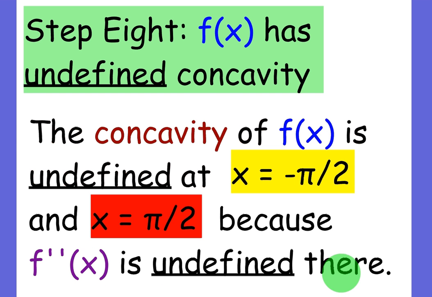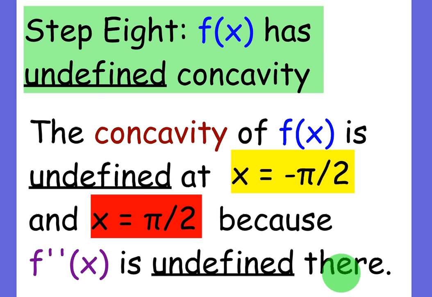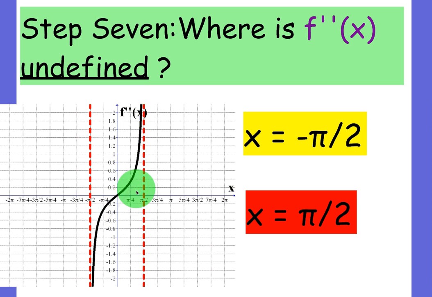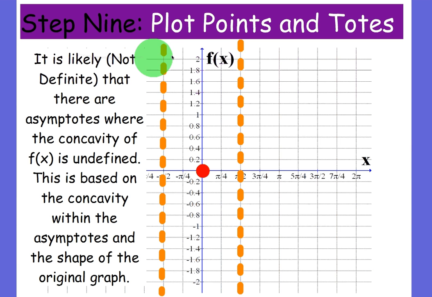Now I can tell you that for trig functions, a lot of times, if you have asymptotes for, say, the derivative or second derivative, the original probably has asymptotes too. That just comes from experience. And the reverse is true. If the original has asymptotes, the derivative is probably going to have asymptotes there as well. Okay, step 9, plot points and asymptotes. It is likely, not definite, that there are asymptotes where the concavity of f of x is undefined, so I just talked about that. So the only other thing we can plot really is an inflection point